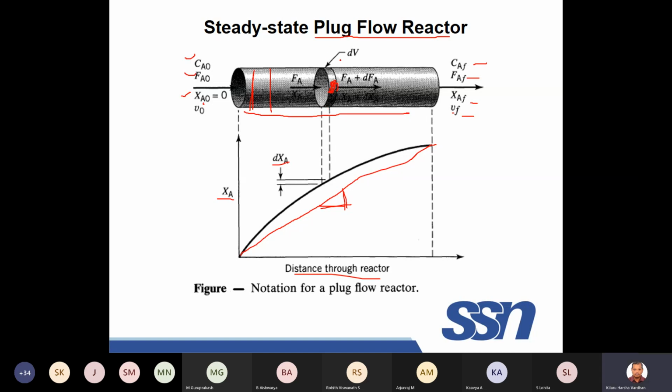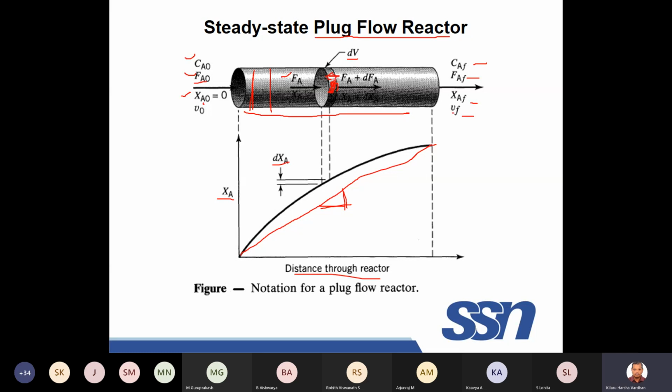So let you assume the volume of this particular disk. You know the radius times this particular circumference will give you the volume. So let the volume of this small elemental strip be dV. In this strip, let FA be the flow rate which is going in. So here is FA0, the initial flow rate, but FA is the flow rate through which it is entering into the strip. Now, FA is the flow rate entering the strip, and it is coming out because it is having some